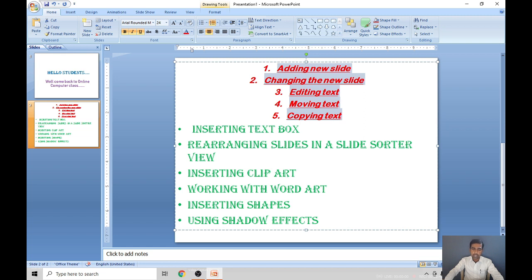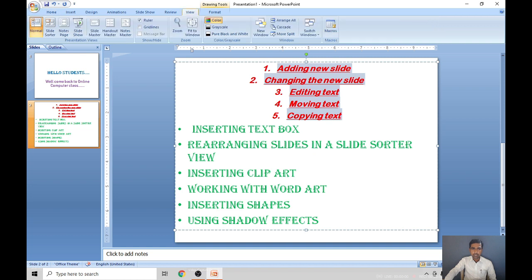In this chapter on applying formatting effects, we will study how to use the master slide. So what is the use of a master slide? How to open the master slide? To open the master slide, we have to click on the View tab. When you click on the View tab, you will get normal view, slide sorter view, notes page view, and slideshow view. These all we have studied in the previous chapter, right children?